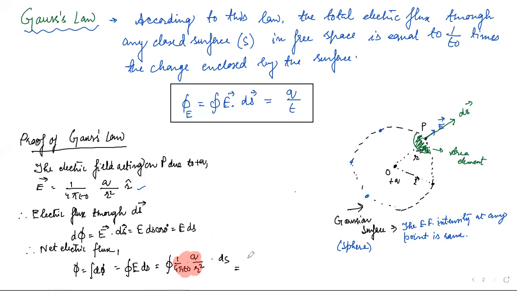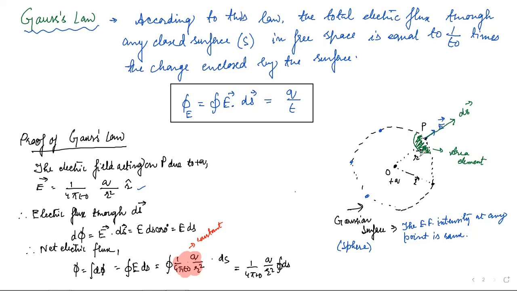So we can write it like this. This whole part is a constant. So as it is a constant, it will come out of integration. And as it comes out of integration, we can write the rest of the part like this: 1 by 4 pi epsilon 0 Q by R square, integration of dS. So integration of dS comes as the area of this sphere.